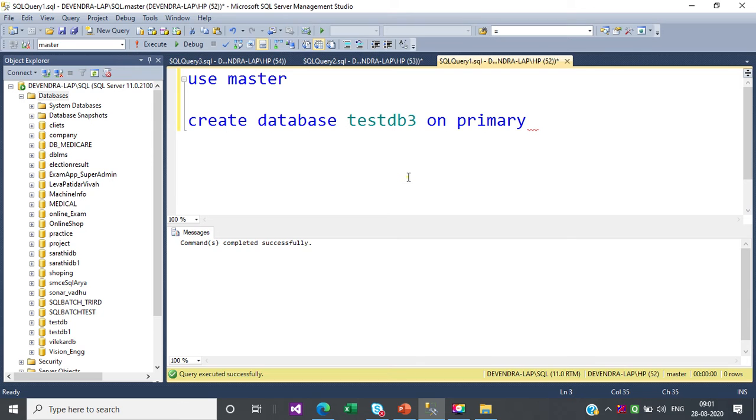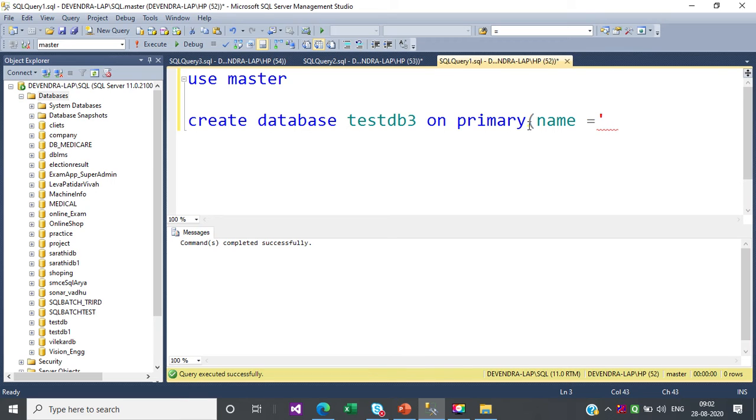We are specifying the parameters for the primary data file, so just below next to this testdb3 database name, just type ON PRIMARY and we will specify the parameters now. Okay. So the first parameter we have is name. So we can mention the name of the file.